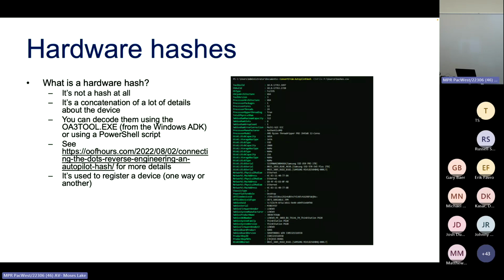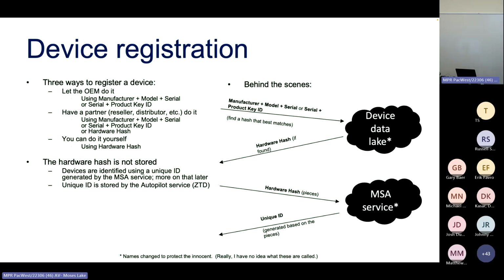That's everything that's used in some way to identify the device to Autopilot. But if you were to actually dig in and look at the registration process, you'll see that it's not actually using all the pieces of that. So if you register a device through the OEM, they use a serial number, or a partner, they use a serial number, they register with that, it finds the hardware hash and can use that hash. But then it will take pieces out of that hash. There's like 6 or 7 pieces that it pulls out, and it will use that to talk to the MSA